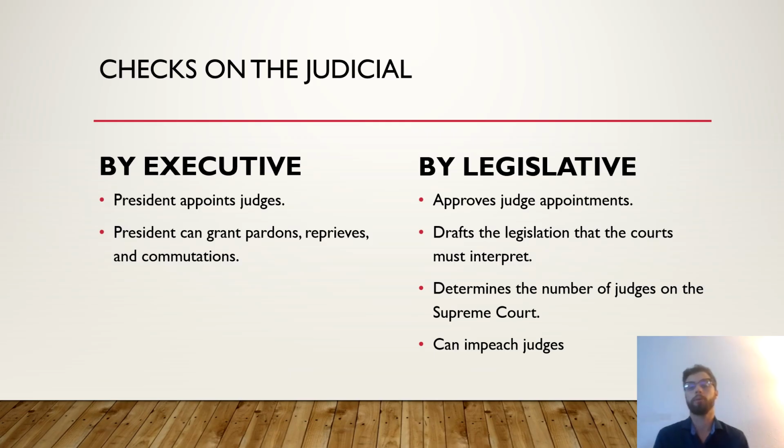So, what can the legislative do to act as a check on the judicial? For one, they can approve the judges appointed by the president, a significant influence, oftentimes rejecting many of the appointments made by presidents, and as we remember during the Barack Obama era of filibustering judicial appointments, significantly delaying the ability of presidents to make appointments to the federal bodies. We also see they have the responsibility of drafting the legislation that the courts interpret, oftentimes significantly guiding the judges and justices through their interpretation process with certain legislation.